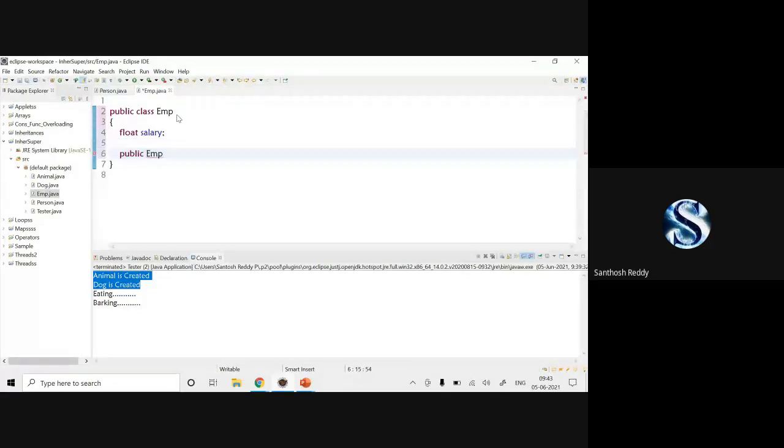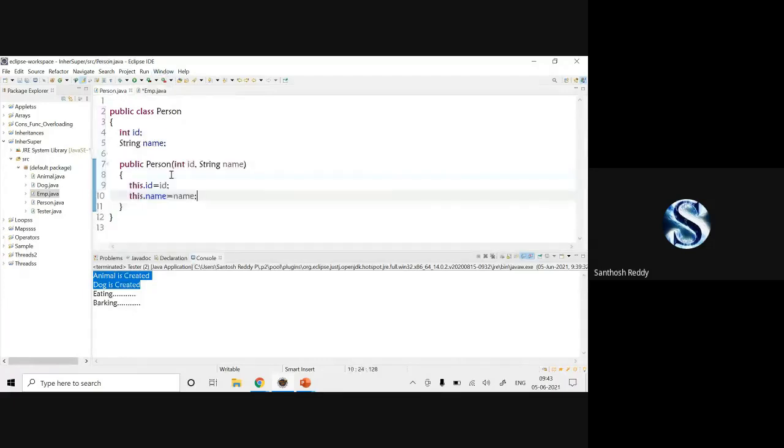Now you will say me, if I want to call a person class constructor in the employee class, what should I do here? Yes. Make sure here we have a parameterized constructor, int id and String name.